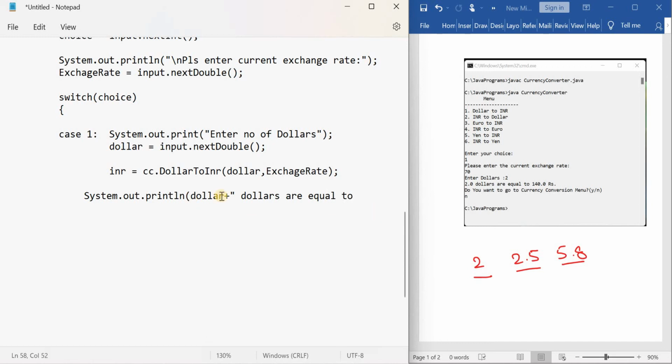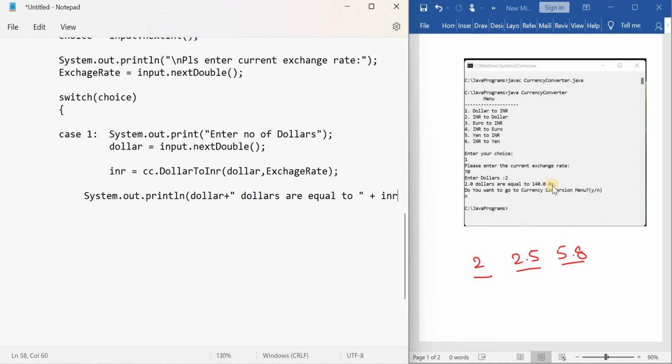Remember, whatever you write in double quotations will be printed as it is, and whatever you write without double quotations, its value will be printed. So give some space, write plus, and finally you have to print the rupees value, that is INR.